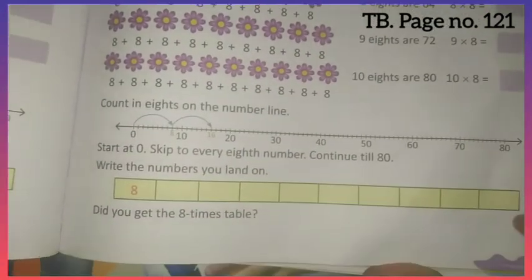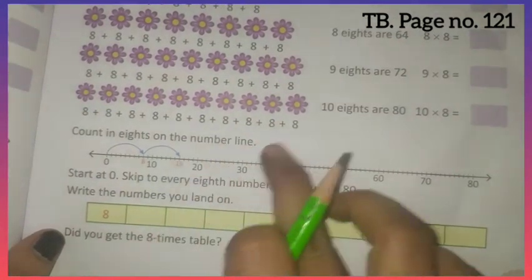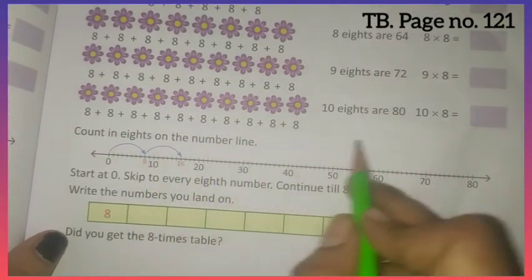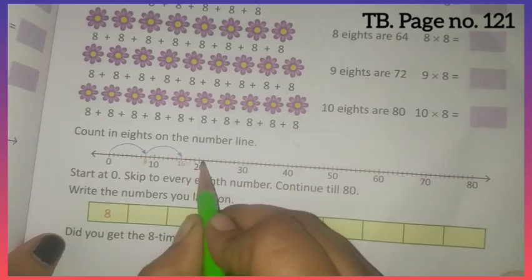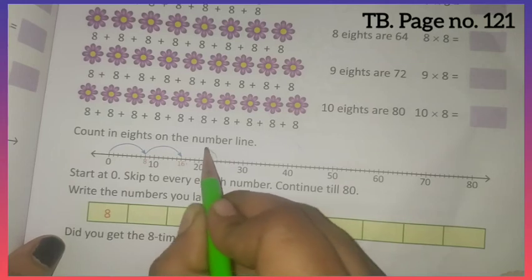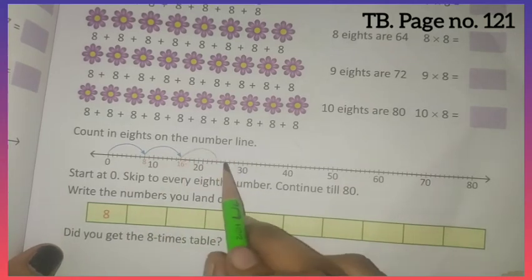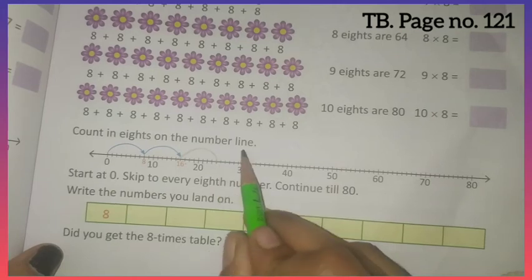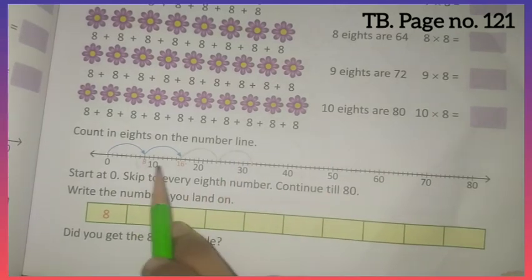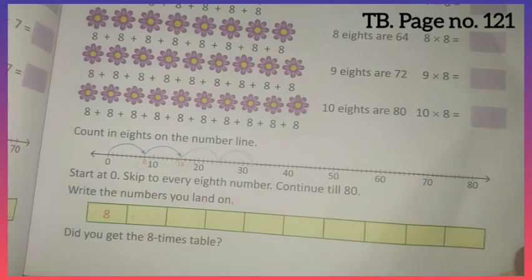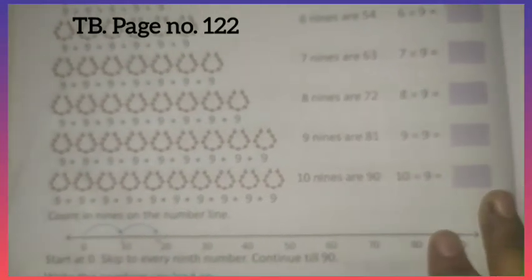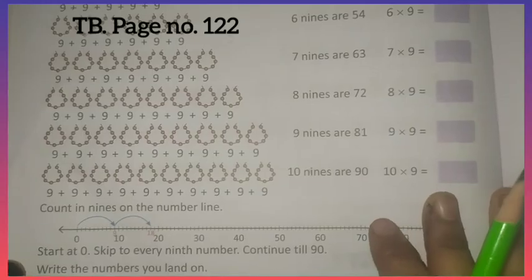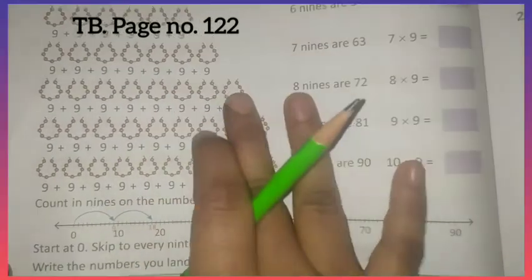Okay, here also for the 8 table we will draw the number line. And don't write directly like this, 10, 20, 30. You have to count 16, 17, 18, 19, 20, 21, 22, 23, 24. 8 3s are 24. Okay, now 30, 31, 32. 8 4s are 32. Like this, count and draw, and wherever you landed, write those numbers here. Okay, complete this also. 7, 8, 9. Okay, complete in your textbook only. Don't write this in fair notes, only textbook. These 3 bits in textbook only.